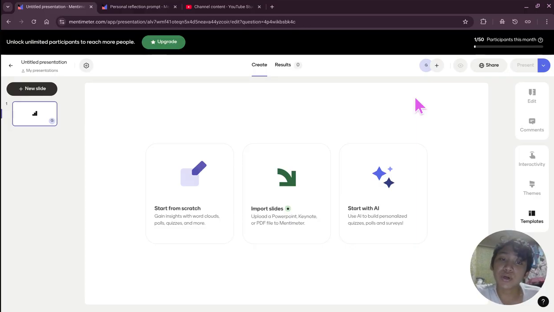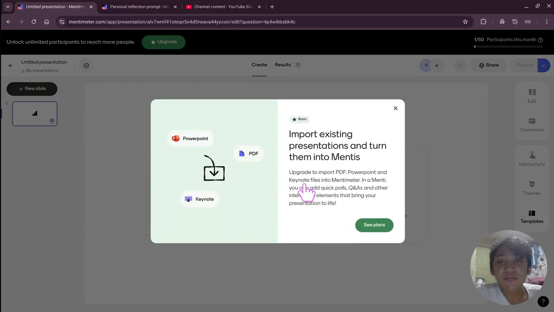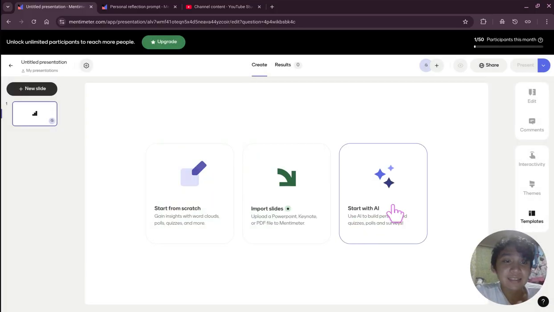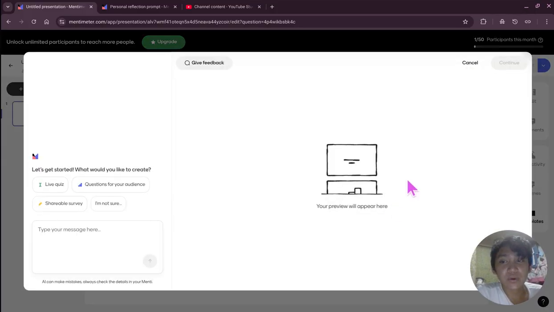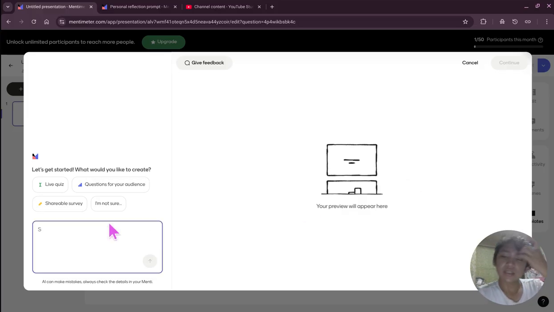We can also import our slides, but however, this is a plans function of the Mentimeter, so it's not much available to those who would like to use the website or the app freely. However, we can also ask the AI to help us, and that's what we're going to do today. So with just a prompt, we can make a quiz, a poll, or something that will help you in your